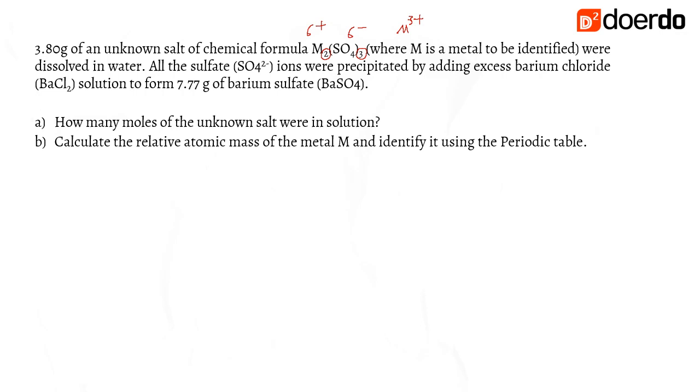So here we will need to write out the chemical equation. That's always a good start. You have M2(SO4)3 plus barium chloride gives barium sulfate, which is a solid, since the question says that it's precipitated,